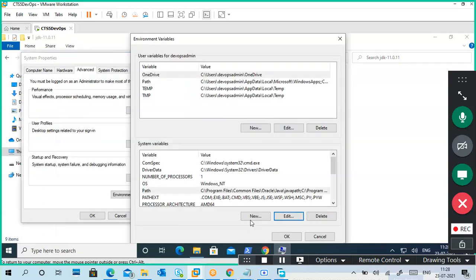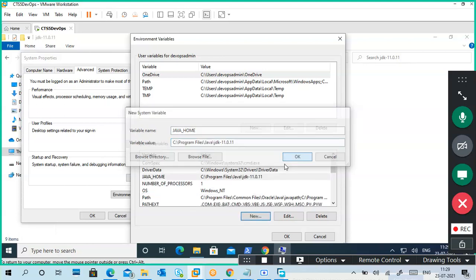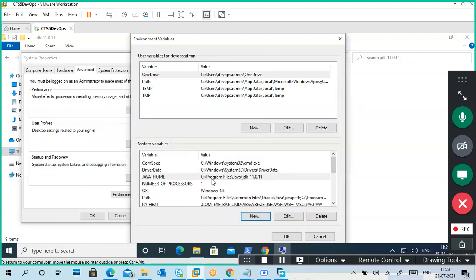First of all, I'm creating a new variable here for the home directory, in capital letters only: JAVA_HOME. Give the home directory like this. So this is the Java home.